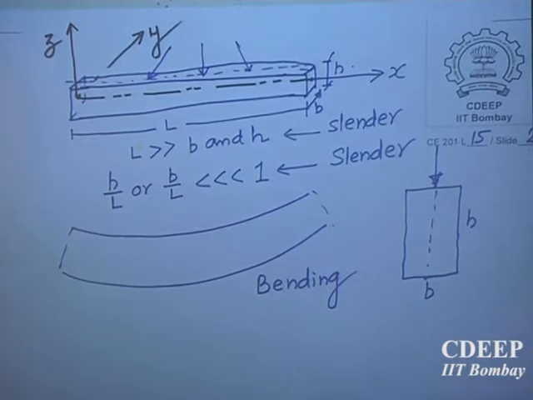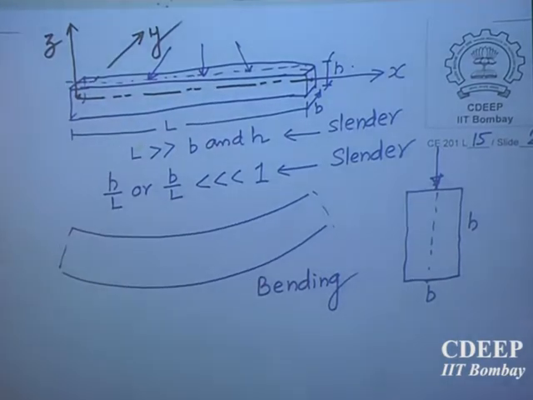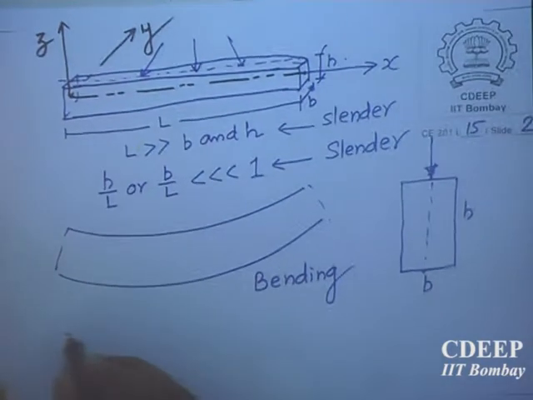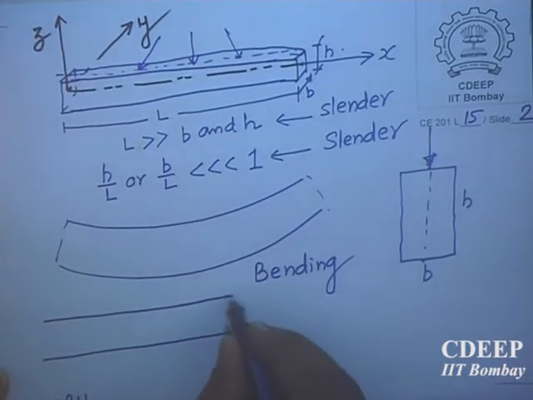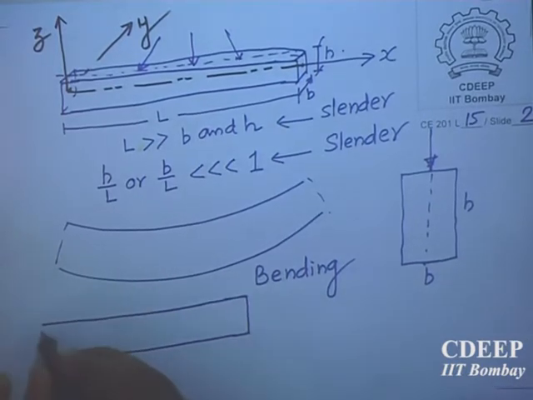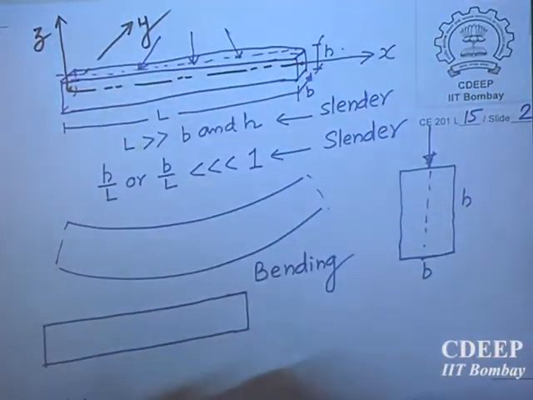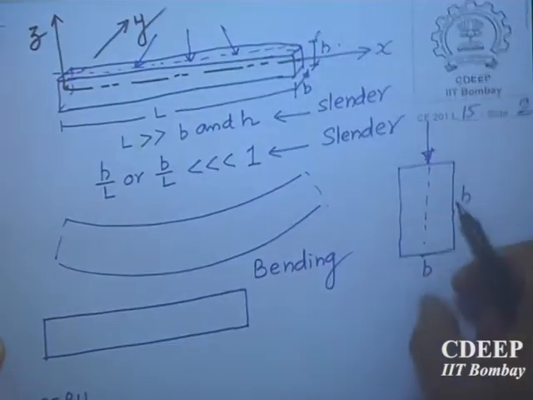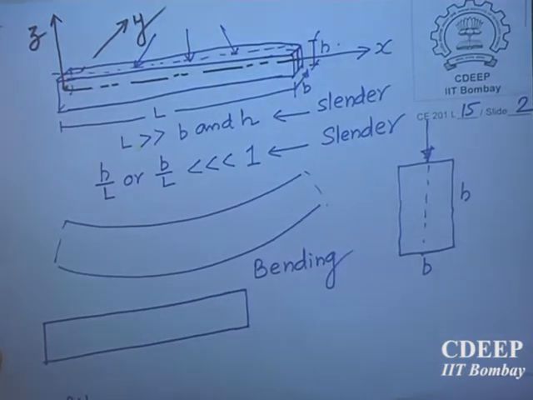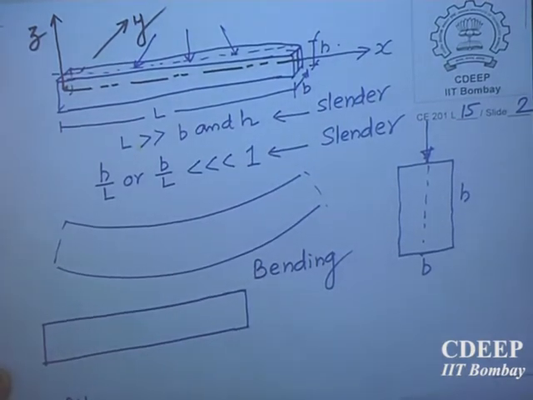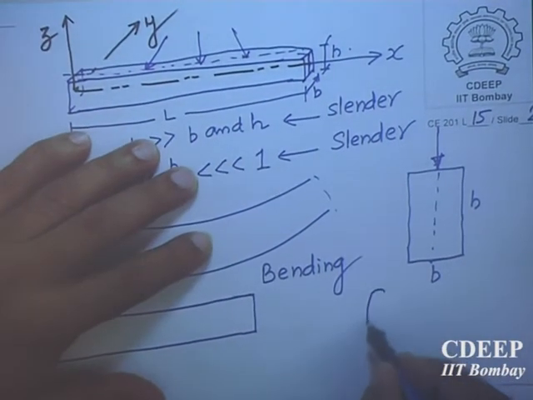It has to be supported, but this is general load I am talking of, at any two cross sections, between two cross sections. So if you support it, why am I applying loads only on the middle plane, middle vertical plane, this plane? Have you understood or not? Middle vertical plane vertically divides the cross section into two parts. Cross section can be anything, need not be only rectangular, it can be also a general cross section like this.